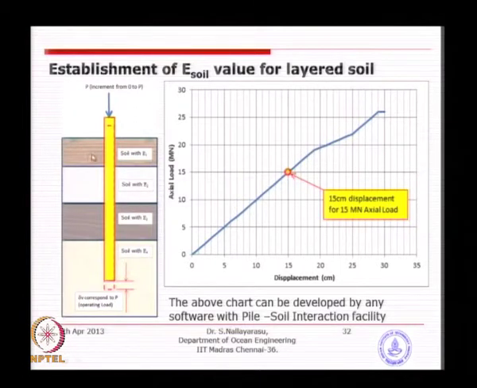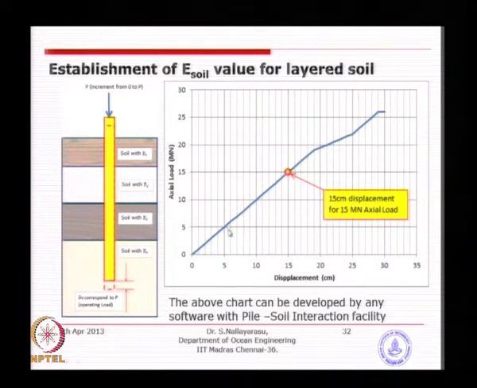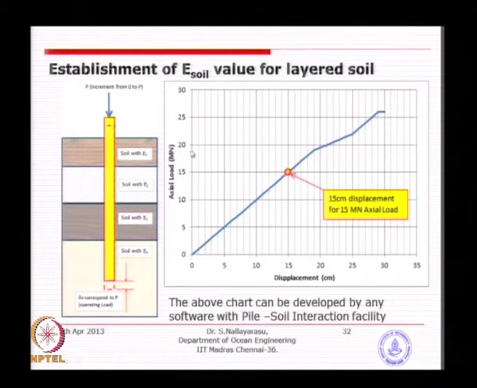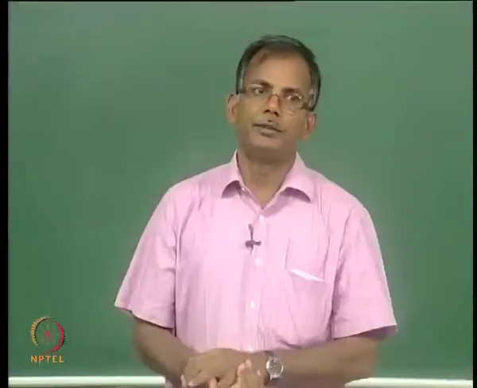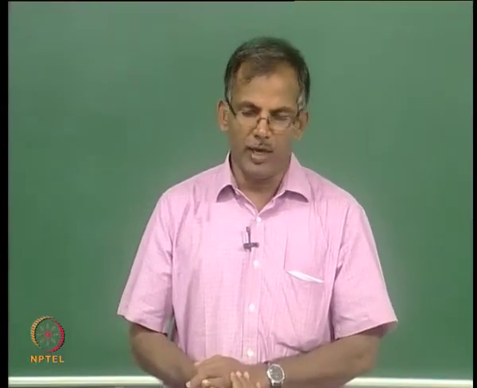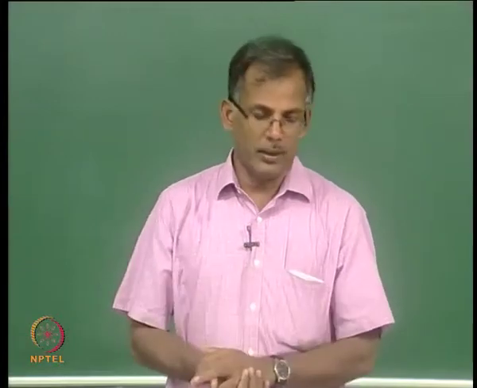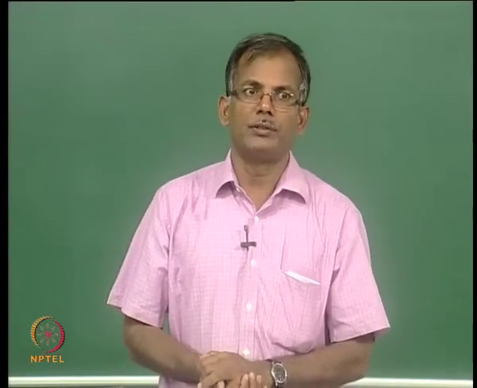So, in order to find out a combined soil modulus, normally what we do is we construct this type of diagram. You have to do a computer analysis, apply various loadings and try to derive the displacement of the pile head or pile at any location and derive the relationship between load versus displacement. So, the slope of this graph will give you an idea about the combined modulus of the total soil. This cannot be found by simple hand calculations. That is one of the problems associated with this methodology.